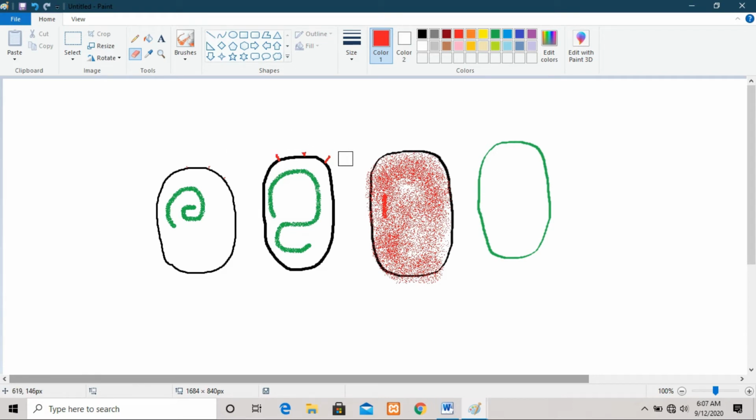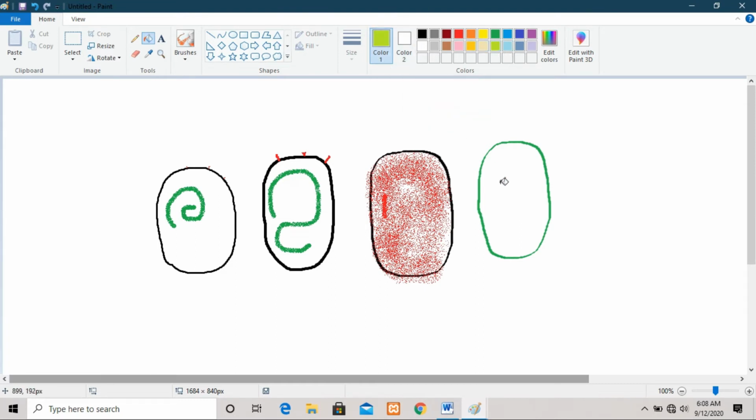Now come to another tool. We have a few more tools like this fill with color. It helps you to fill the area of your picture. So to use this tool, just click on this tool, and now this color has been selected. If you want to change the color, just click on your desired color. Like here I want green color. So select the green color. Now your green color is selected.